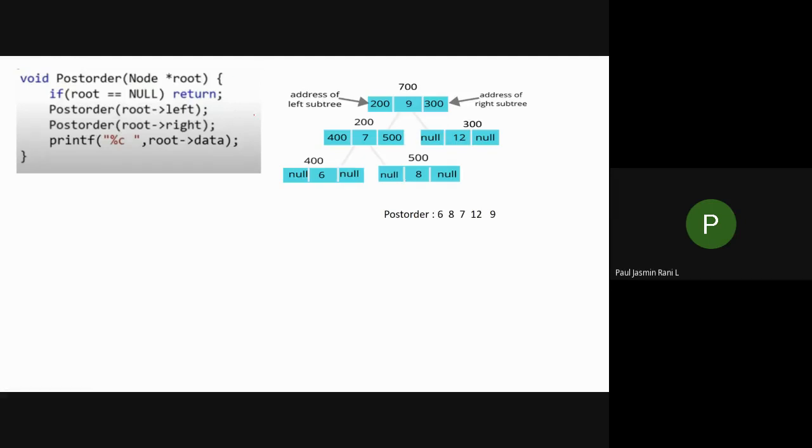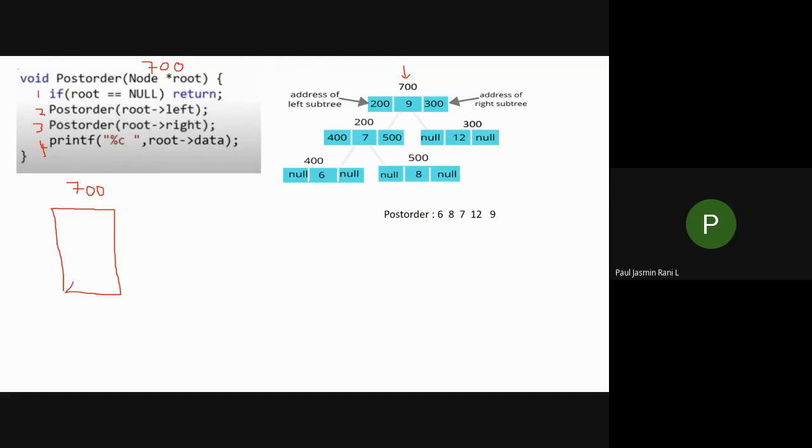Okay. So first, initially what address will you have? First you will have 700. So I have 700 over here. So first you will have an address of 700. I'm going to call this function. Let me name it the same way, 1, 2, 3, 4. I have to execute the 4 statements. Okay. So let me tell you one thing. So now I'm going to pass the 700 address over here. So the address or value of root is 700.